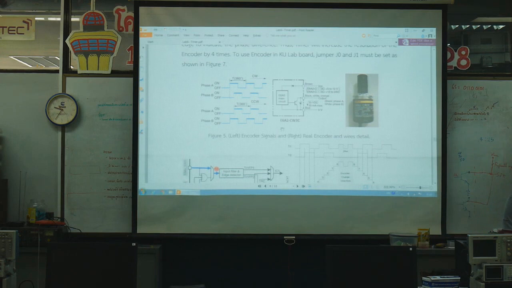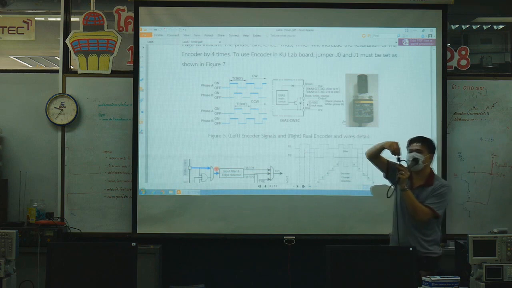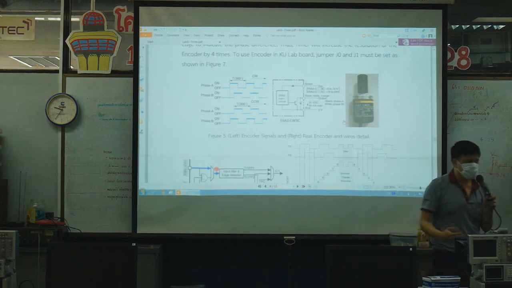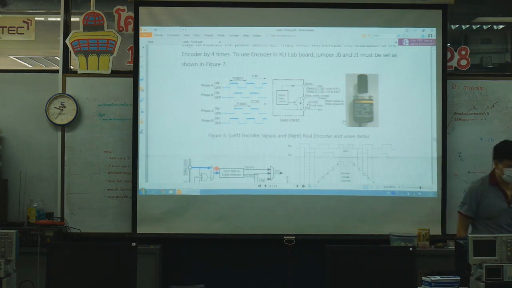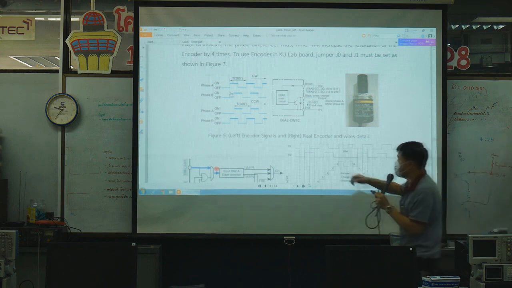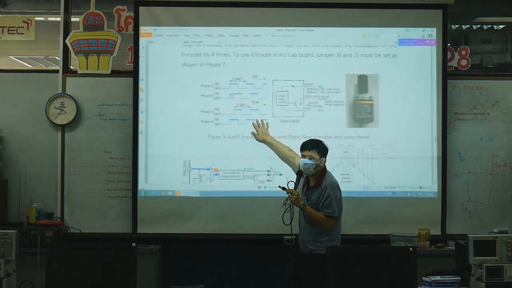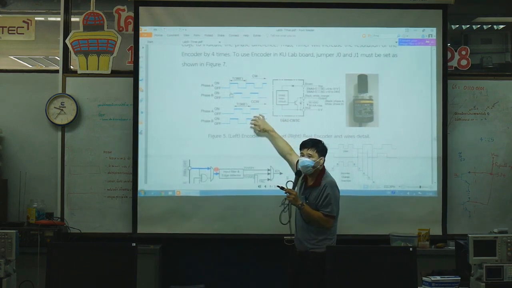This is a light encoder. When the shaft here is rotated, it generates pulses. And the pulses that it generates have two phases, called phase A and phase B. You can see here that phase A and phase B are shifted by 90 degrees from each other. By using the patterns that you can see here in clockwise and counterclockwise directions, you can see how much